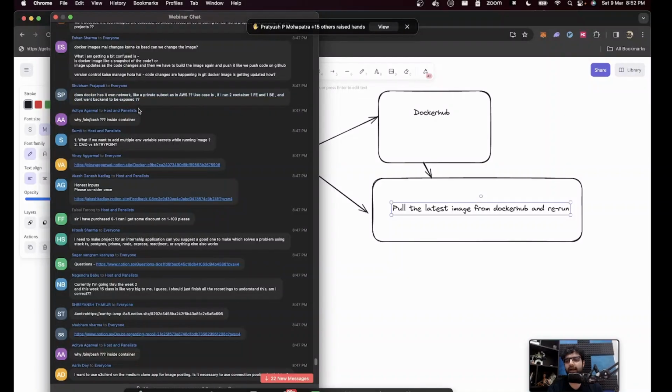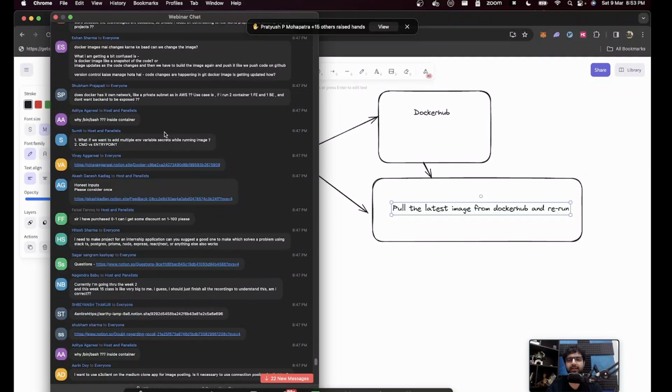Does Docker have its own network, like a private subnet in AWS? No, not exactly. Your Docker container has its own network, as in it will have its own private IP, but it does not have its own network on AWS. You have your host machine, your host virtual machine, wherever you're running it, and it's just the network of that machine.